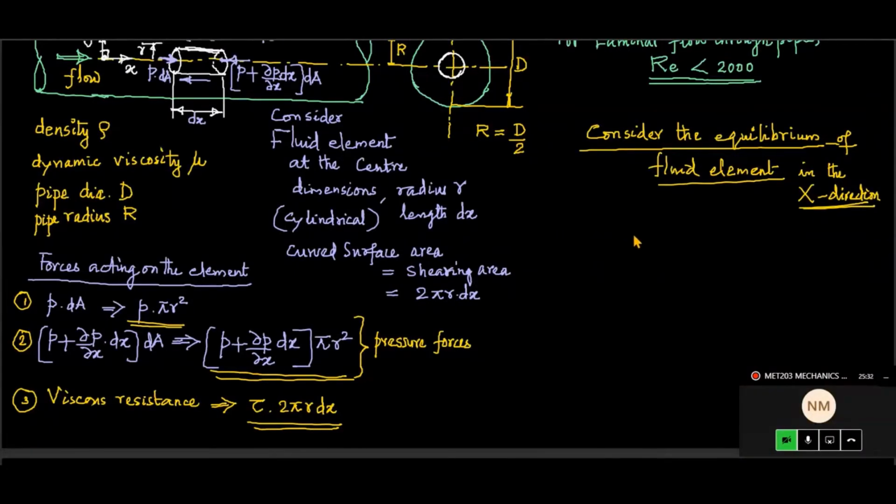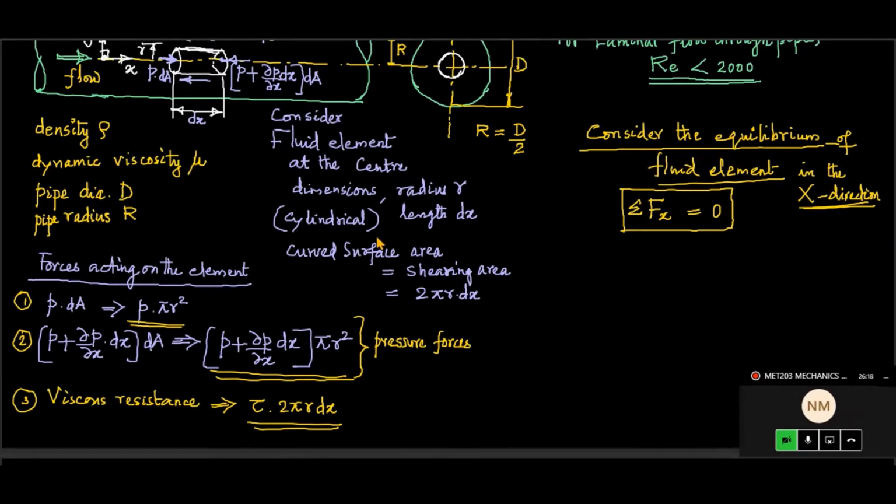Right. So therefore, what you can get is sigma Fx, the algebraic sum of all the forces acting on the fluid element in the x direction. Usually Newton's law of motion equates this to mass into acceleration. Remember, as I told you, this is not the accelerated motion of the fluid. There is no acceleration, constant diameter pipe. So since acceleration is 0, your sigma Fx is 0. But it is not at rest. It is in motion, but with constant velocity in the flow direction, for a fully developed flow.